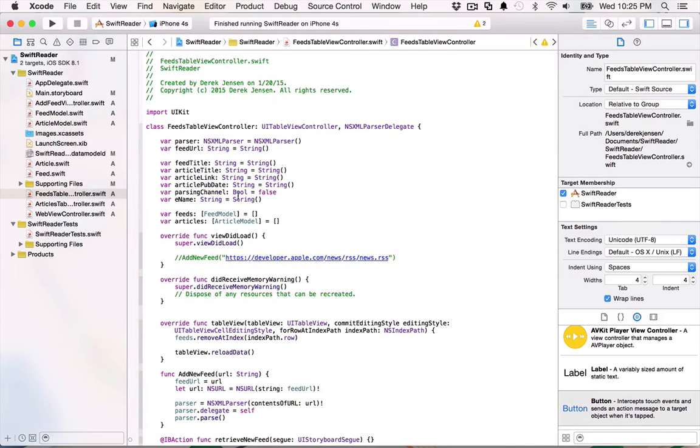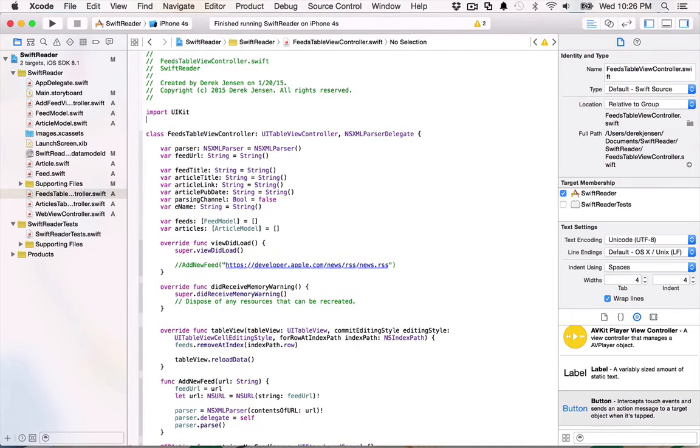Now, regardless of where that is, you're going to have to request the functionality of Core Data. In order to do that, we're going to have to add an import statement. So we're going to come out to the top of our file, and we're going to import Core Data. Now, simply by doing that, we're going to get access to all of the nice little features of Core Data